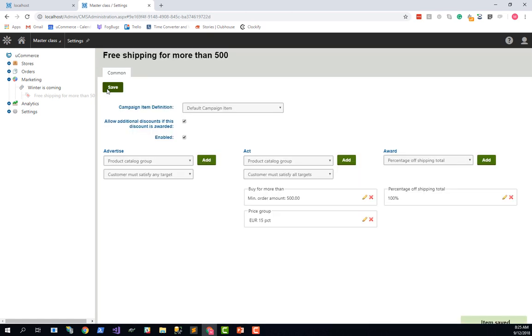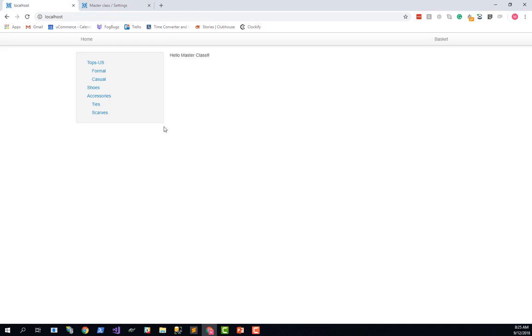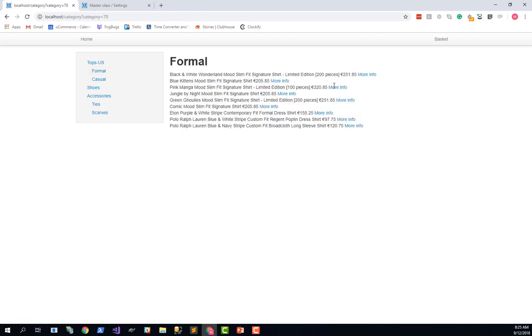So now I can save this one. And as a developer, we don't need to take care of if a user is using Marketing Foundation or not, because that is already included in the basket pipeline. So Marketing Foundation will actually always be evaluated. So when we go back to our storefront here, we don't have to go in and adjust the code to account for that Marketing Foundation now has been enabled and there is a campaign with a campaign item. But let's see what happens in here.